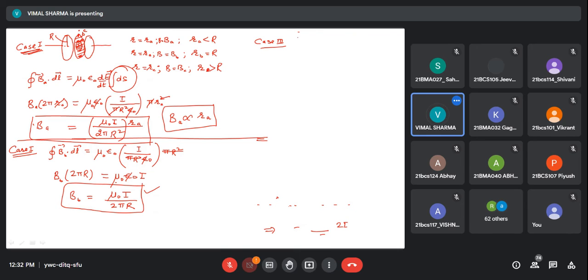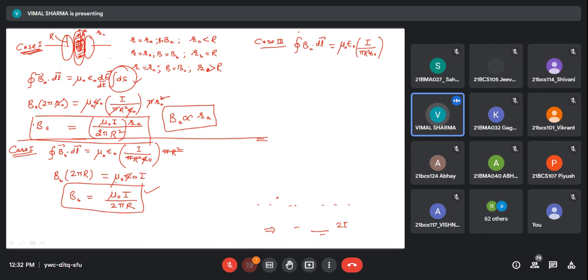when this is closed line integral B subscript C dot dl. Ampere's loop is what it is, this big. Okay, radius of this Ampere's loop is R_C now. So I can write this as mu naught epsilon naught. Again, d by dt of E is I divided by pi capital R square epsilon naught. And here we have